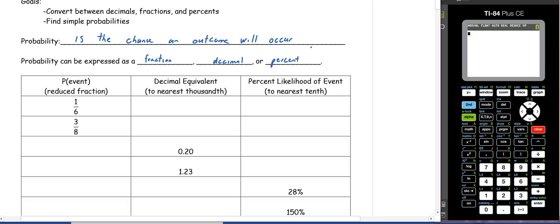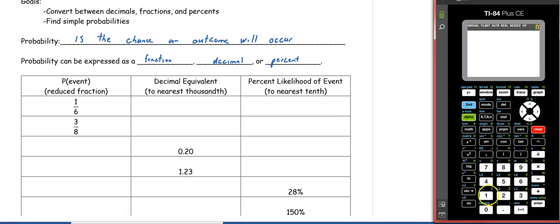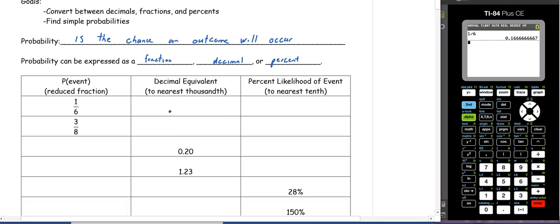So when you have a fraction, you can get to a decimal by dividing the numerator by the denominator. So we could do 1 divided by 6, and we're going to round our decimal to the nearest thousandth, so 3 decimal places. So we would have 0.167 because the fourth 6 rounds that 6 up to a 7. To get that as a percent, we're going to move the decimal point 2 places to the right. So we would have